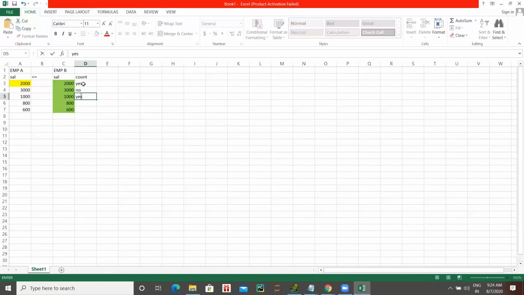No. 2000 is greater than, not smaller than. 2000 is smaller than equal to 3000. That is 3000. The second one is yes.